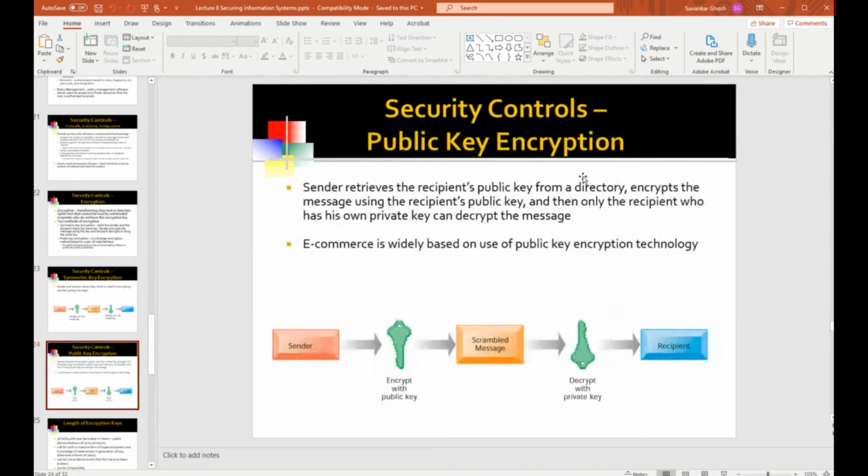This was corrected in the second approach, which is called public key encryption. Here, each principal, a principal being somebody who wants to participate in secure communications, is given keys, a public key and a private key. Only the private key needs to be kept securely by that individual. The public key for that individual is kept in a public database.